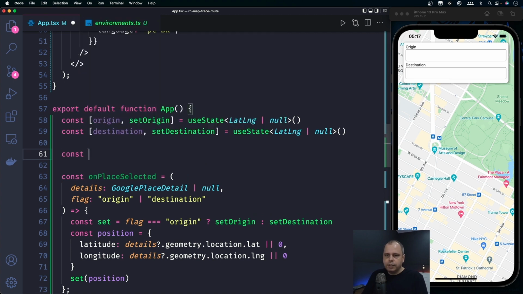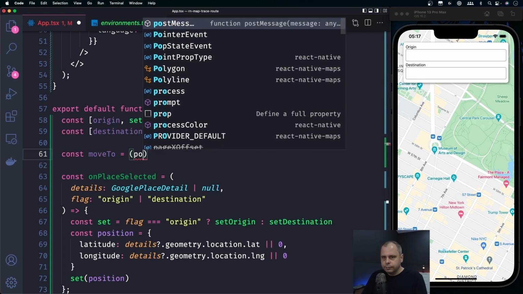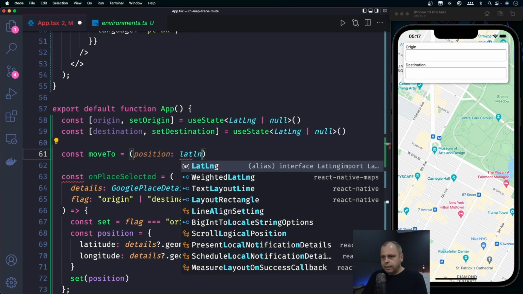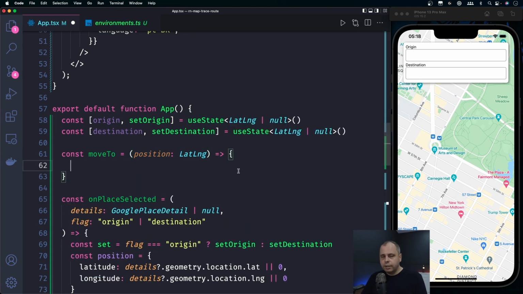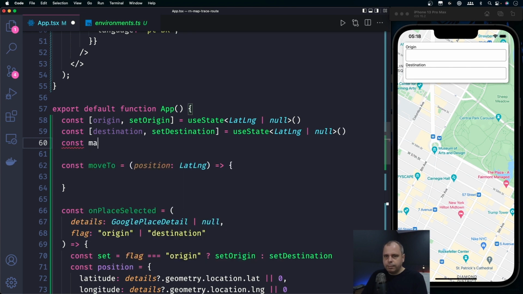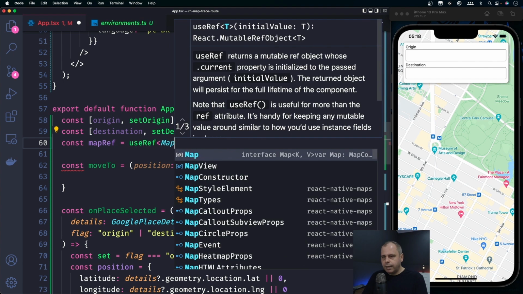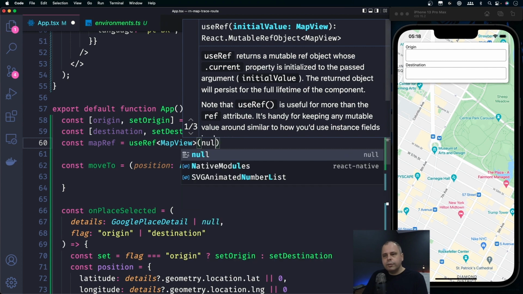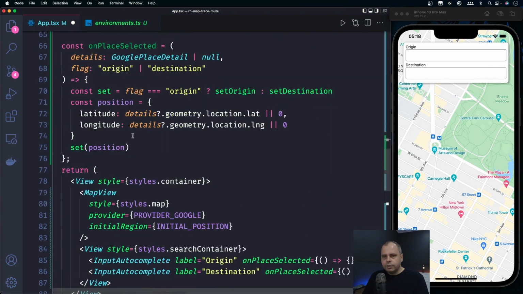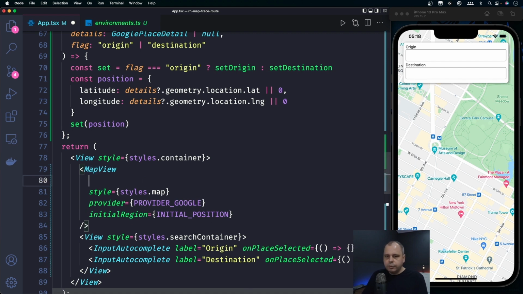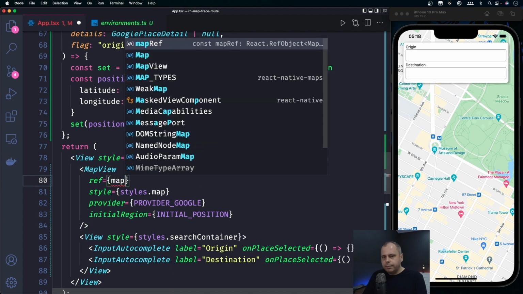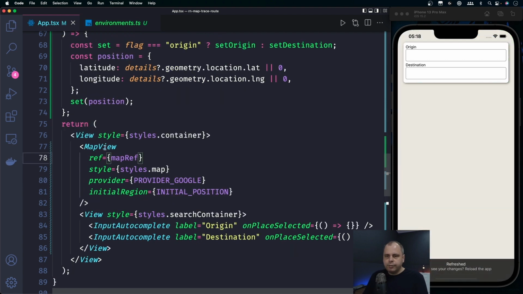I create another function like moveTo, where I receive the position, which is lat lng, and here I need to get the camera from the map. So first I need a map reference. So I'll do this mapRef, that useRef, and the type will be MapView, start with null. And to get the reference, I just go back here in the map view and I use ref, and I just pass here mapRef. Okay, now I have the map reference,